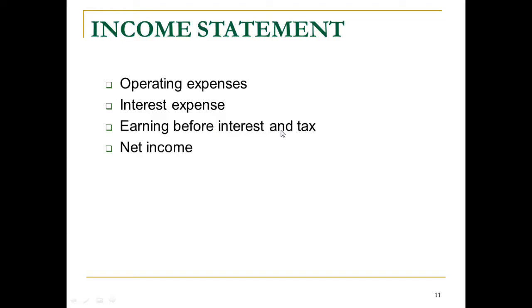before interest and tax. So earnings before interest and tax is basically all our income minus all the expenses, but before we deduct the interest and also the tax that we have to pay to the government. Interest we pay to the banks and the tax we pay to the government. After we deduct the interest and the tax, we get the net income, or in other words, the earnings after tax, the EAT. So this is a very simple theory of the income statement.